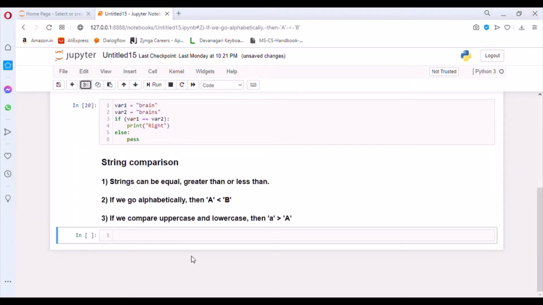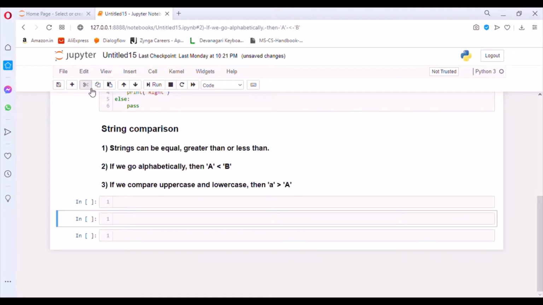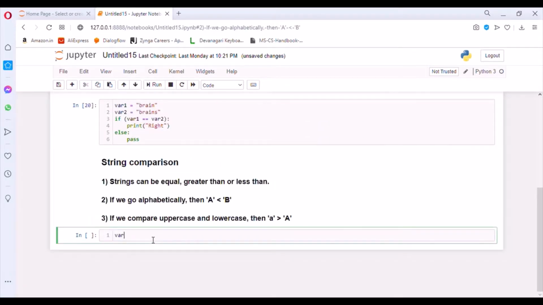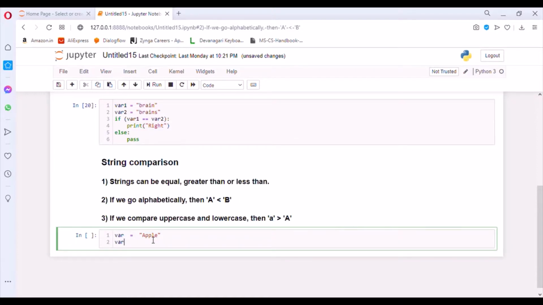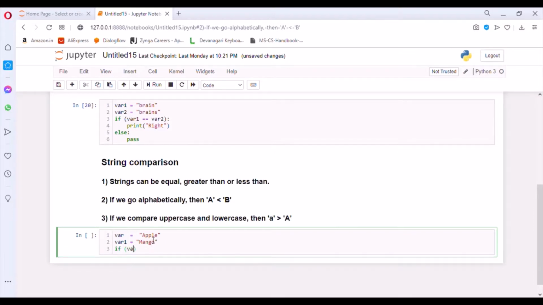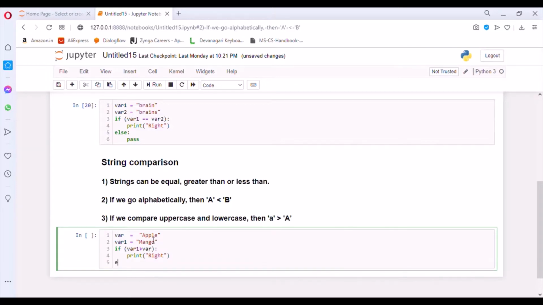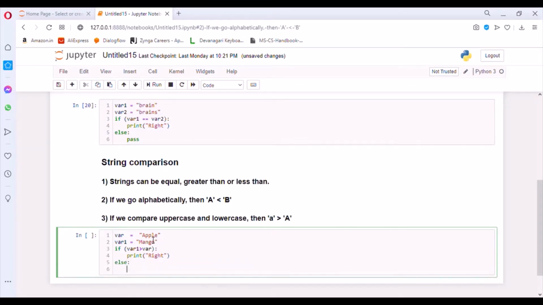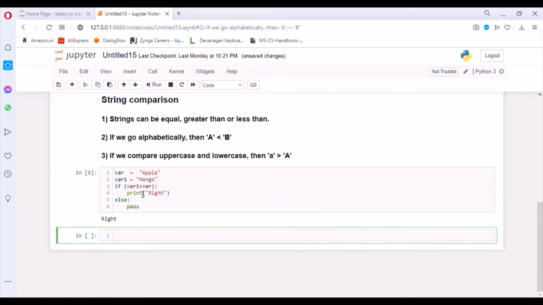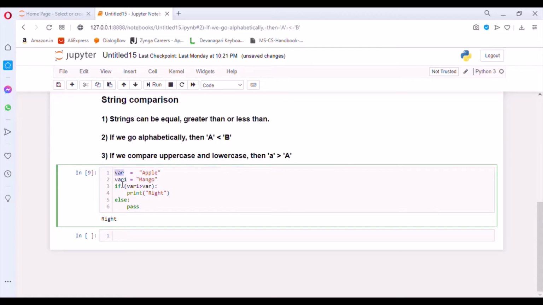Let us take some examples to understand this. Here we have two variables. var is apple and var1 is mango.